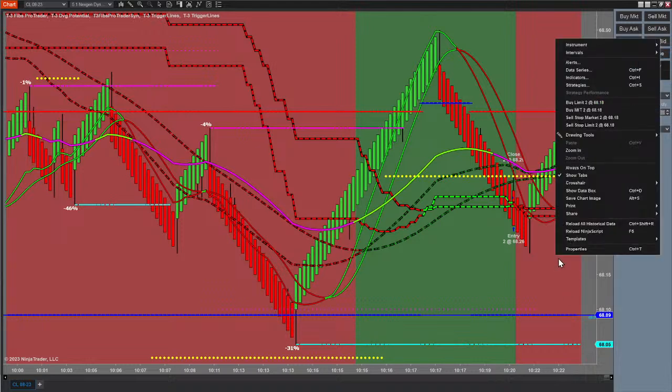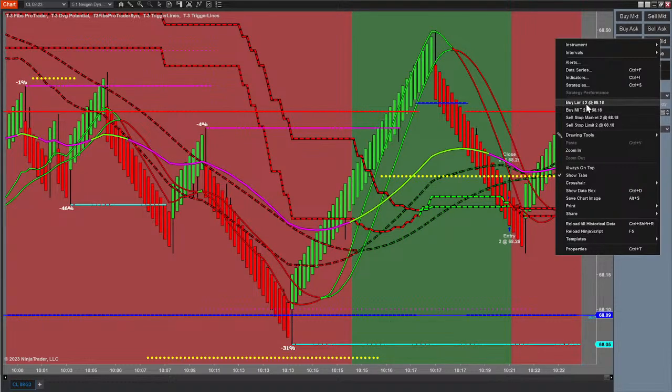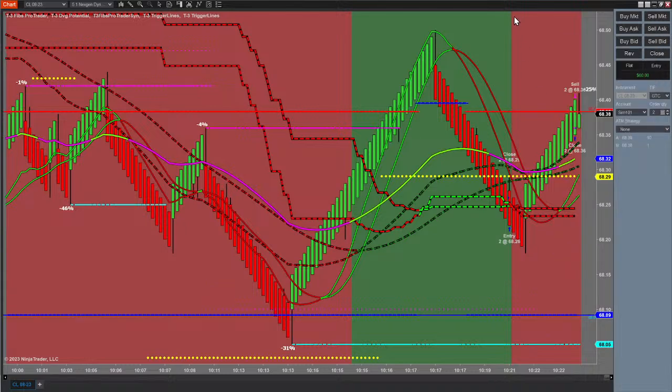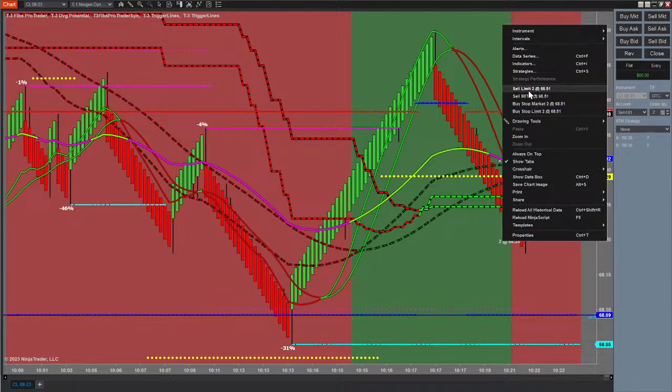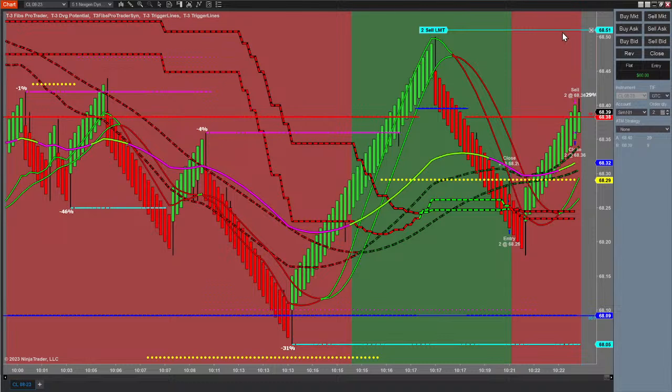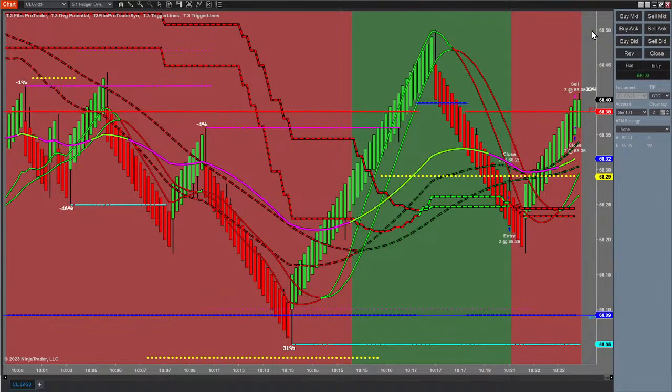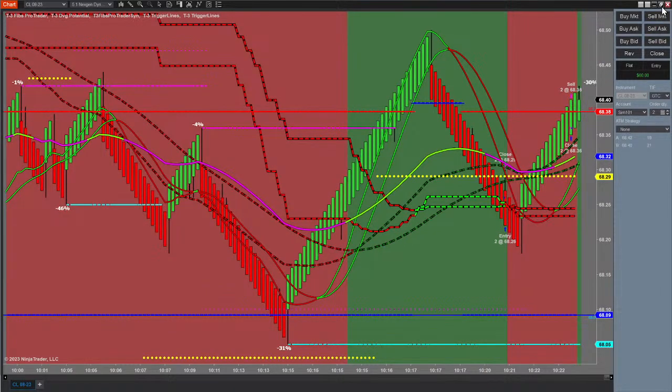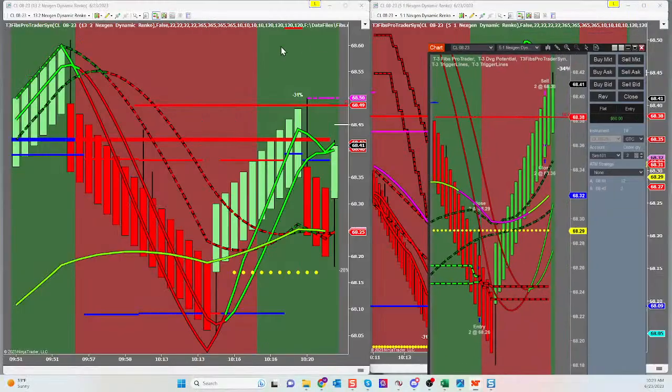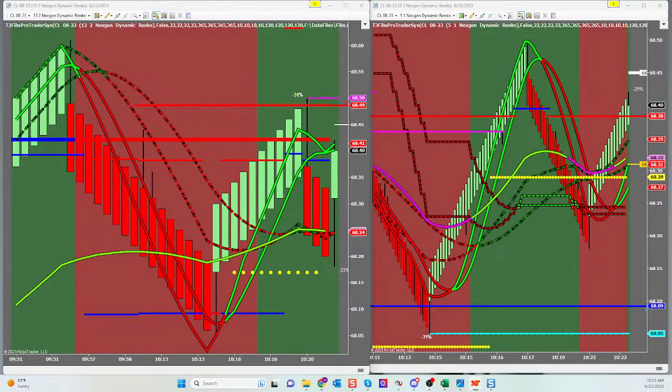If you right-click below the current price, it's going to give you a buy limit option, right? It means that price has to come down to you so that you can buy the market with the anticipation of it going up. If you right-click above price, it prompts you to sell limit, meaning that if price comes up and reaches this order, my anticipation is that the market is going to go down. So guys, that's your little how-to, setting up those ATM stops and targets.